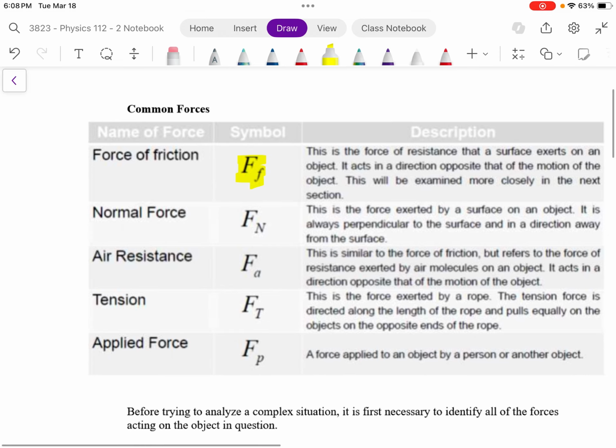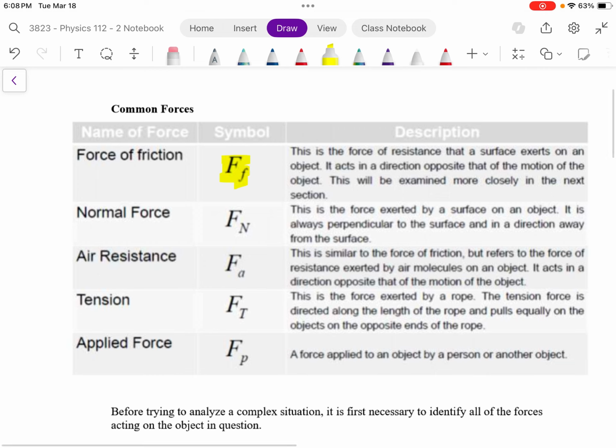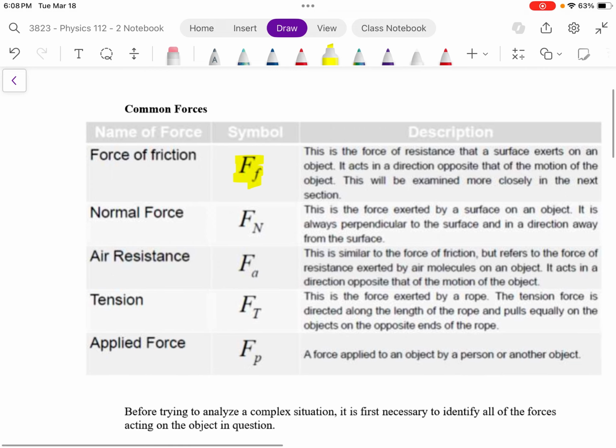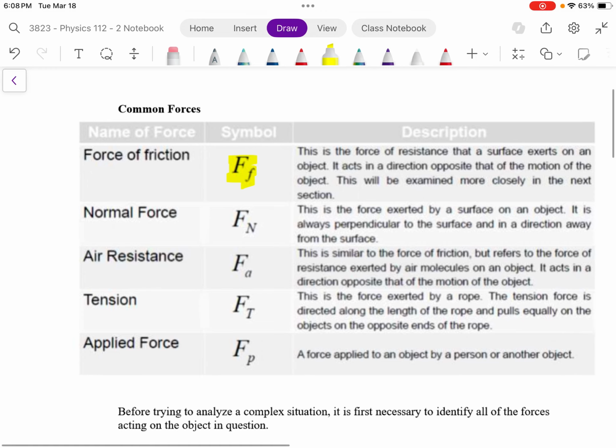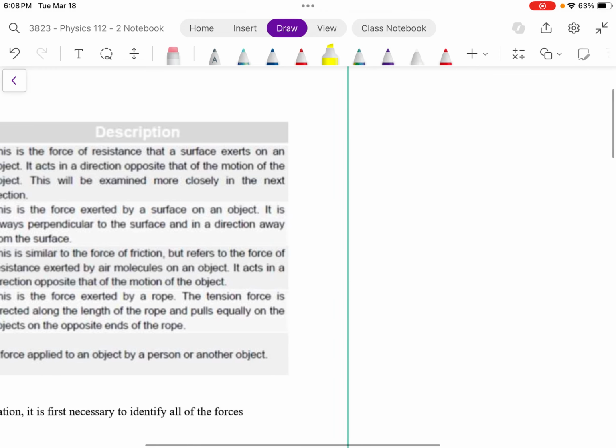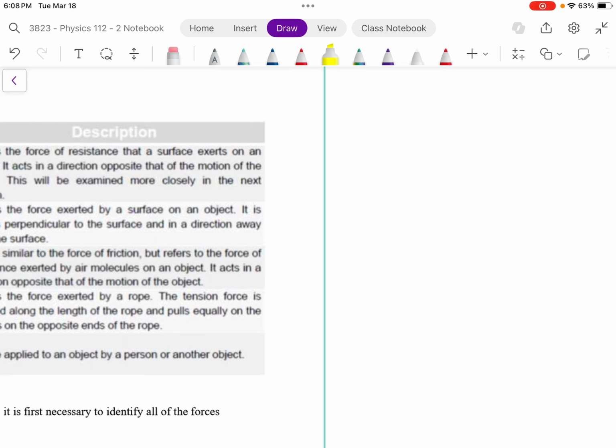The normal force is a little tricky. It's something you've never really seen before. The normal force is a balancing force. This is a force that's exerted by a surface on an object. It's always perpendicular to the surface, and it's in a direction away from the surface. So let me just scroll sideways here, and I'm going to draw a picture. So if this were your desk,